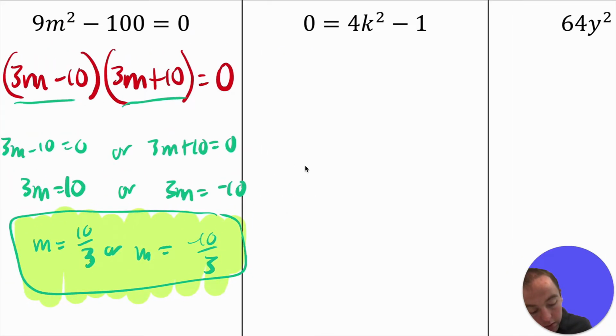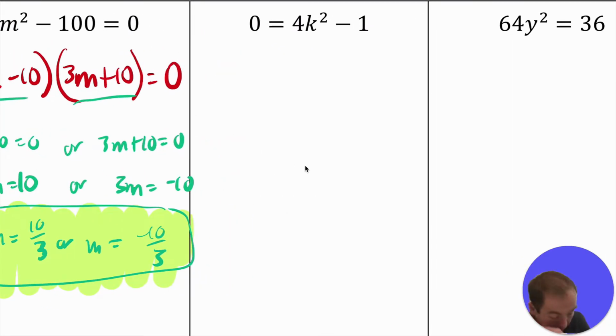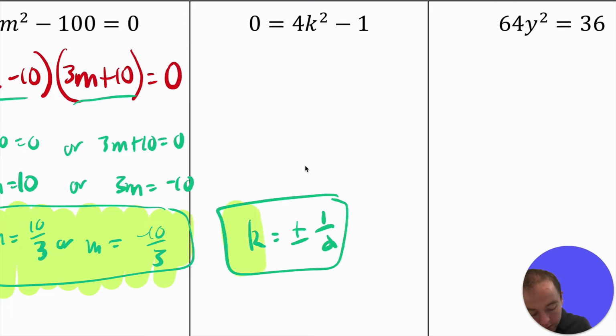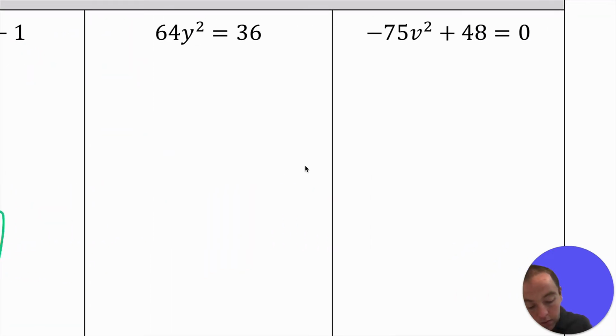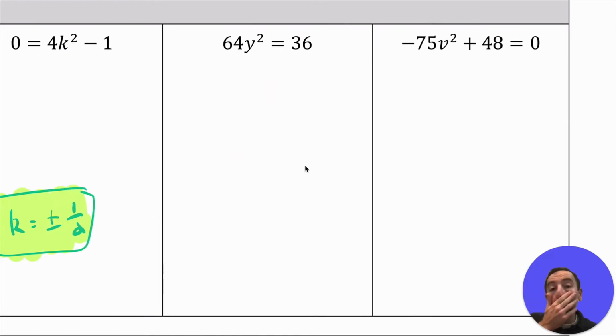If you want to work your way through the second example, you're going to end up getting that k equals plus or minus 1/2, and you can check your answer with that one. I want to jump to these last two in this row. For 64y squared equals 36, if we want to solve this quadratic equation by factoring,